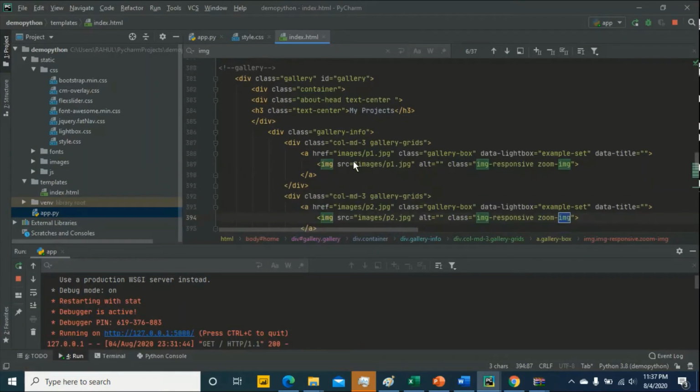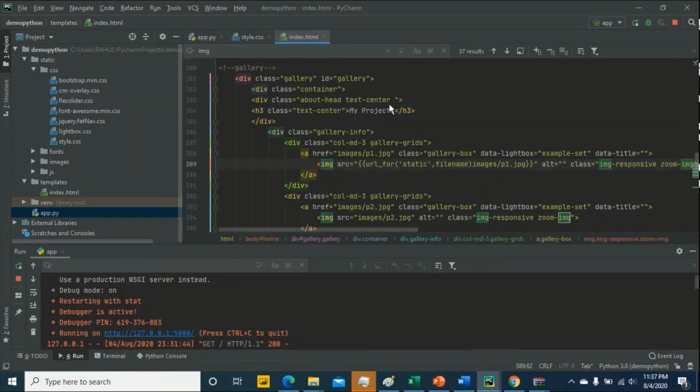What do we do? Same process. Just open and close the bracket and then url_for, open and close the curly braces and open and close the brackets and then click on static and comma then filename.